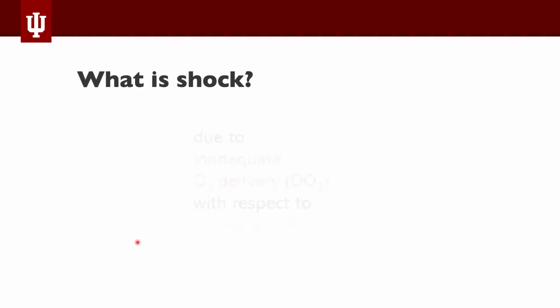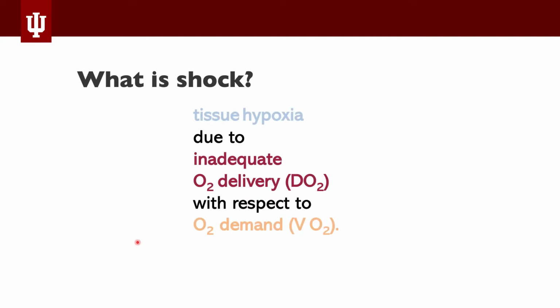Once you've thought about that, our physiologic definition of shock is really tissue hypoxia. And it's because usually it's related to poor oxygen delivery, so say low cardiac output, anemia, something along those lines with respect to oxygen demand. So your tissues are demanding a certain amount of oxygen just to function, and your heart, your blood, all of that has to supply that amount of oxygen. And if there's an imbalance in that, that is what we refer to as tissue hypoxia, and that's what we